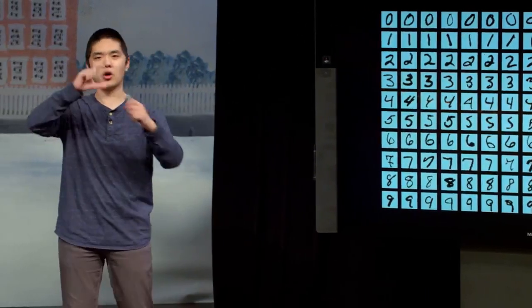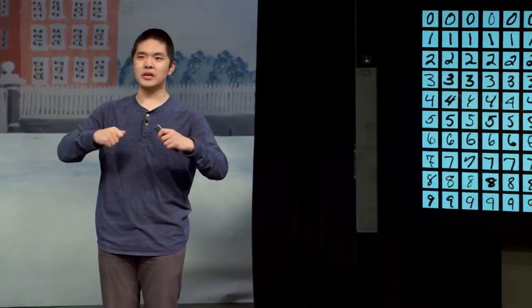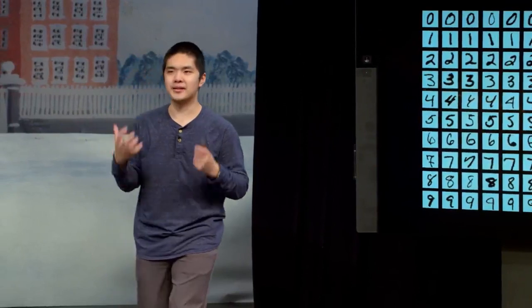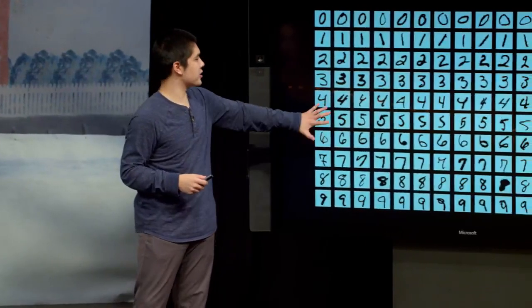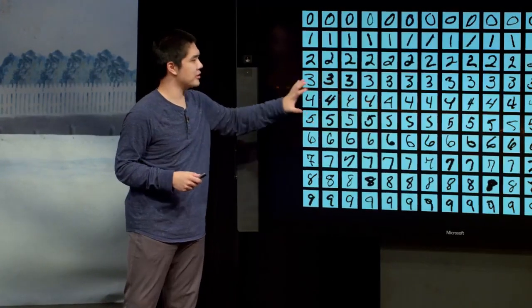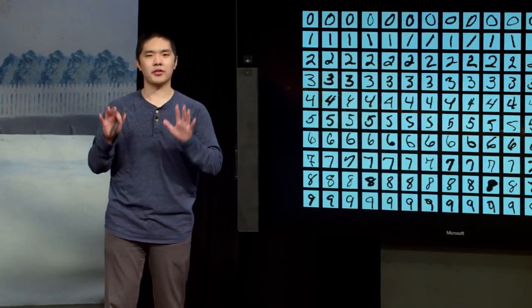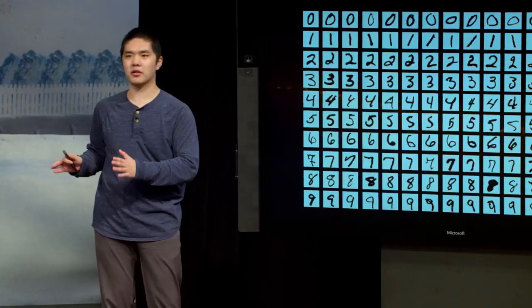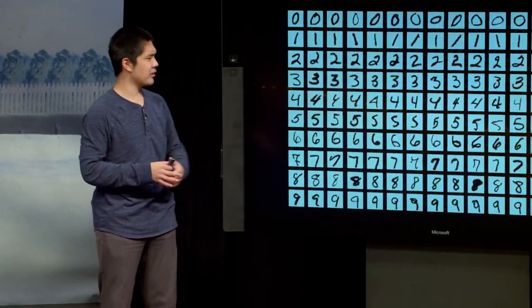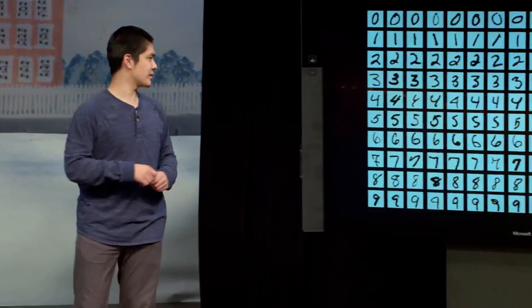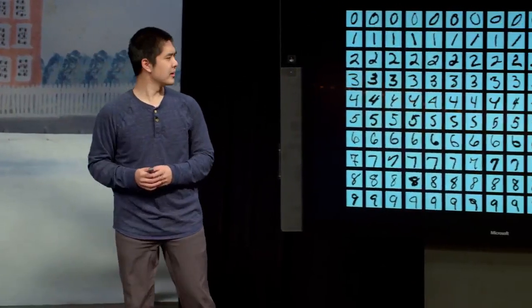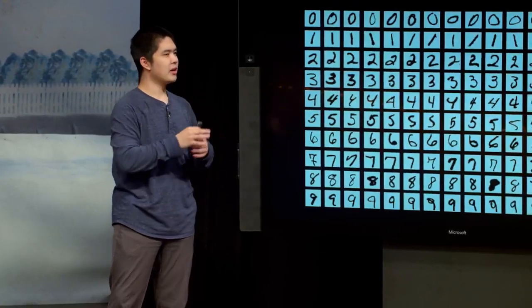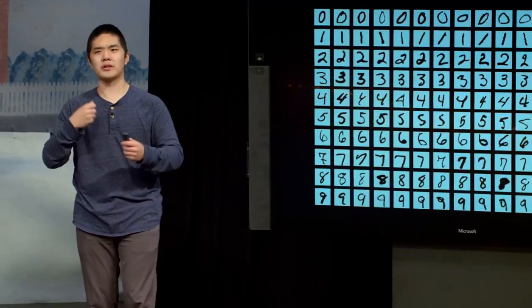setting up a network of all of these neurons and all of these connections. And then you give to that neural network a whole bunch of data. I give to the neural network a whole bunch of already existing handwritten digits, each of which is labeled, so the computer knows which image corresponds to which digit. This data set you're looking at here is a very famous data set of handwritten digits called the MNIST data set. And given all of this data, the computer can start to train the neural network